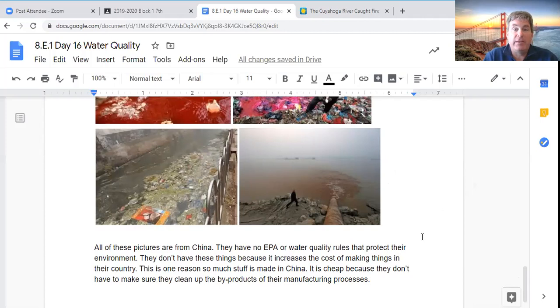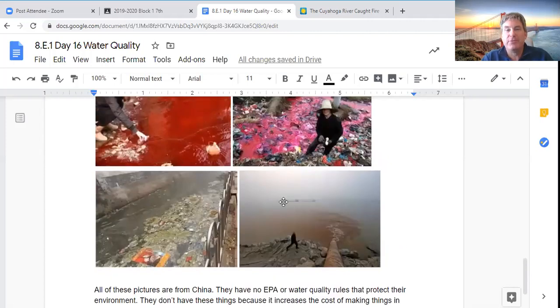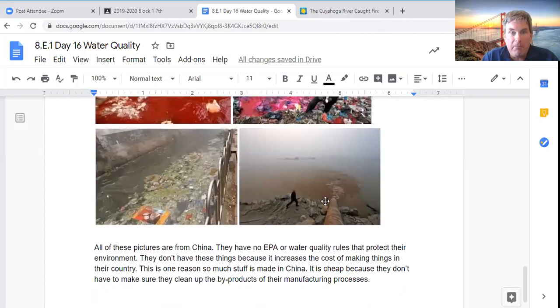That's why everybody likes to make things over there, because it's so cheap. You pay a person a couple of pennies a day to work, and the company only has to pay a couple pennies for the stuff, because guess what? They don't have any pollution controls. They can put all the smoke and crud into the atmosphere they want to, and they can dump all the liquid pollutants they want into their lakes and streams. And frankly, they can just dump their garbage anywhere too, is what it looks like. That's why it's so cheap.